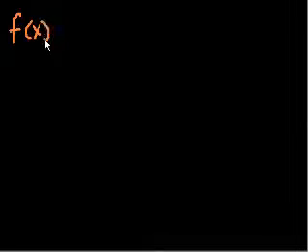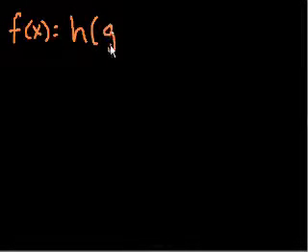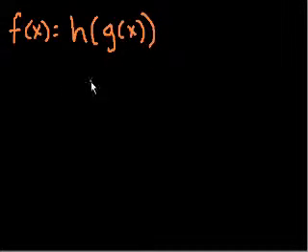Let's say I have a function f of x, and it equals, I'll just use some h of g of x. Right? And you remember all of this from composite functions. So the chain rule just says that the derivative of f of x, or f prime of x,